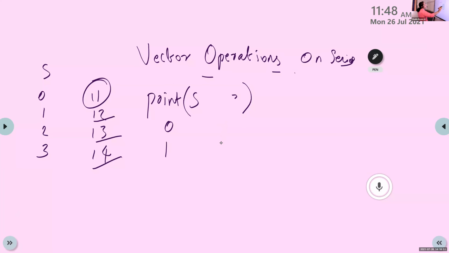The first value of S is 11, so 11 minus 3. What is 11 minus 3? Grishma.